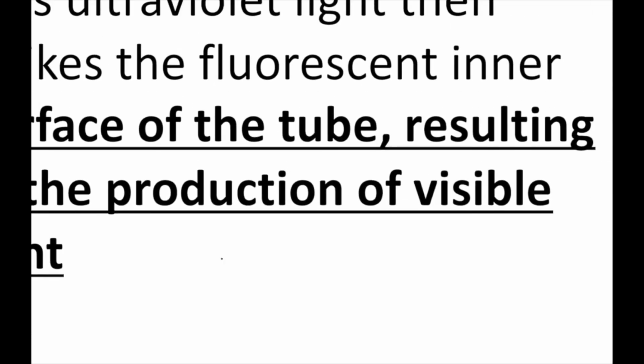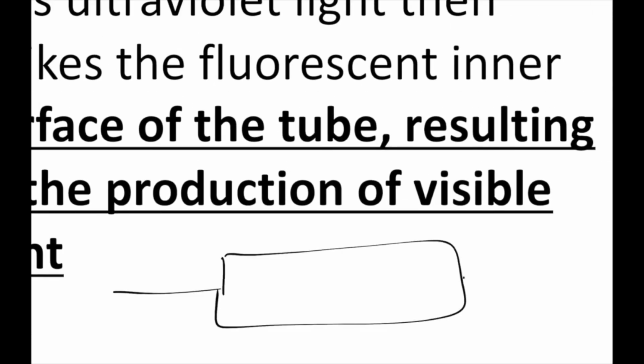We have our tube, our fluorescent tube, right here, as we have electricity coming in, electricity coming out. That little zigzag line is going to represent our electricity, and these Hg are going to represent the mercury atoms inside. Now, when electric current gets pumped through this glass tube, it's going to cause the mercury atoms to emit